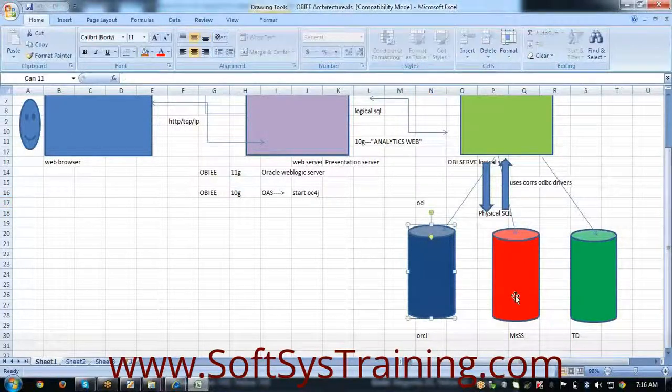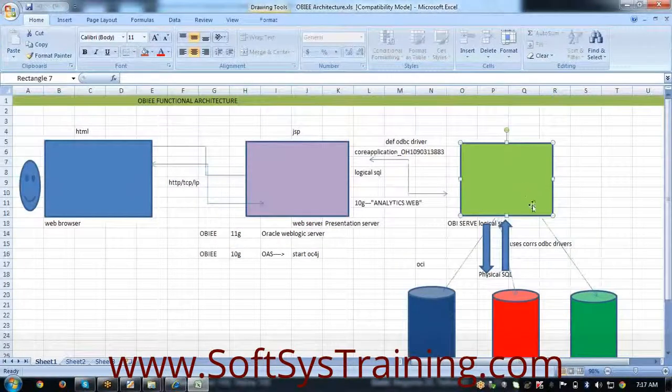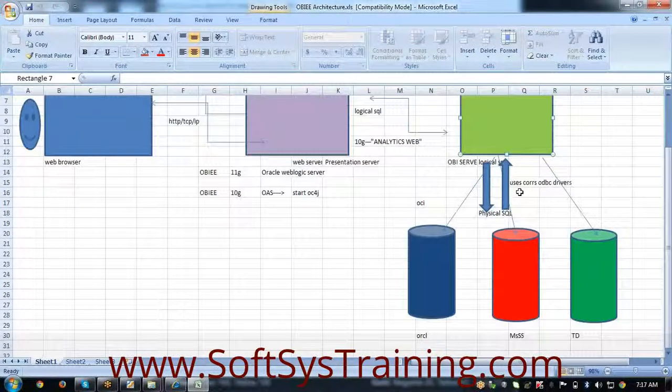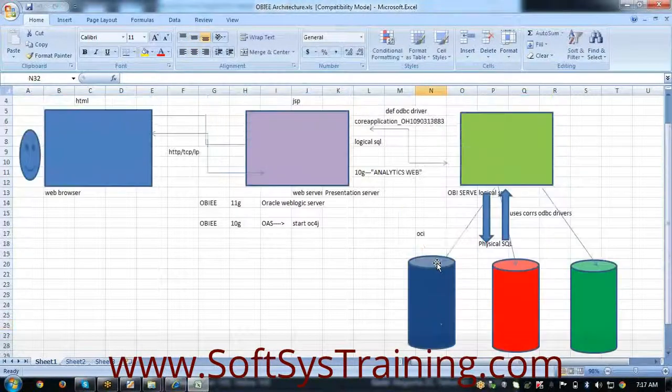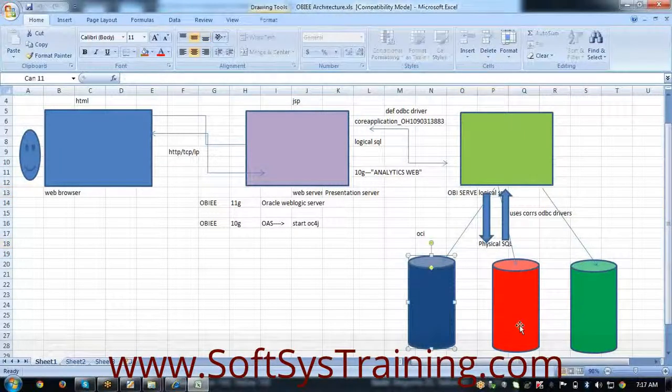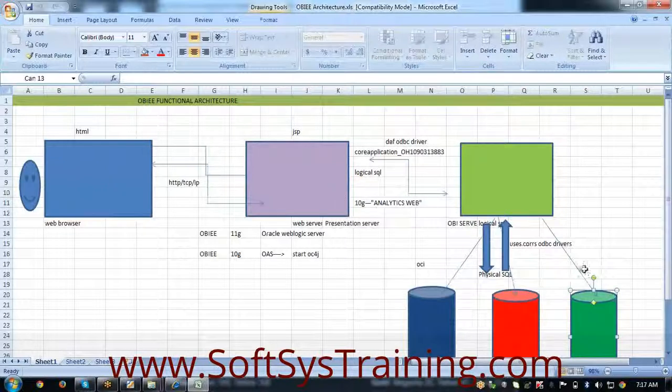So we know that we interact with the data sources using physical SQL, but the BI server understands only logical SQL. So whatever physical SQL we send as a query, it reads and converts to logical SQL, and whatever response it gives to the data sources, it converts back to physical SQL. So there is a two-way mechanism going on between the web browser and the data sources and all the components.